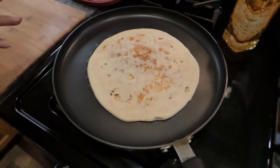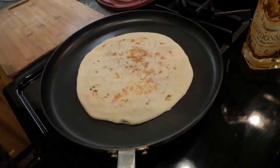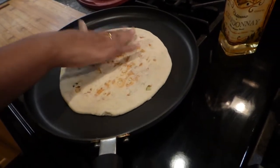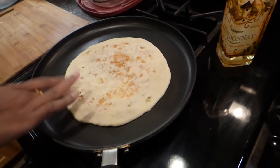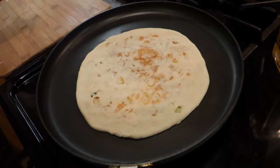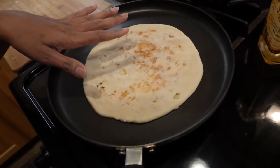So you might want to let it cook on one side for about a minute or a minute and a half, because it needs to cook well. This is just the raw dough made of wheat flour, and I will be showing how to mix the dough in another episode. In the meantime, while we are waiting for this to cook, I'm going to show you,